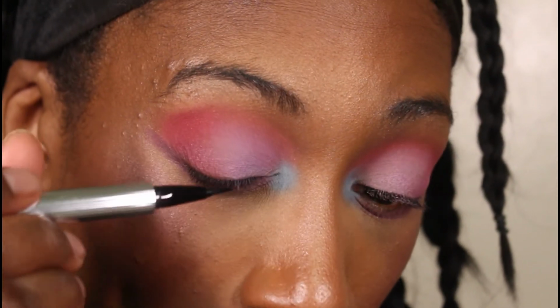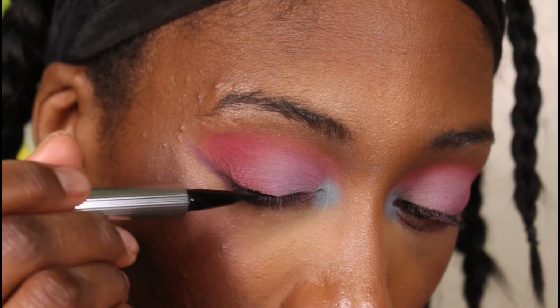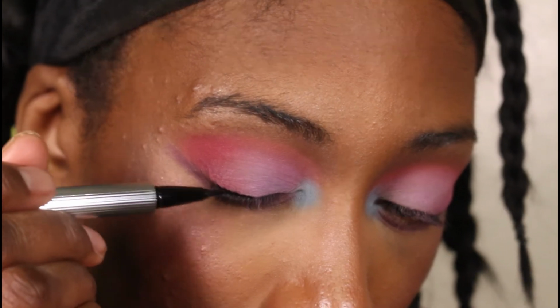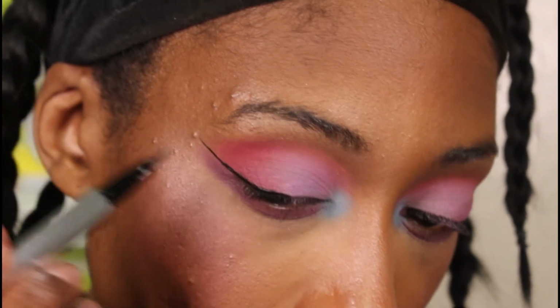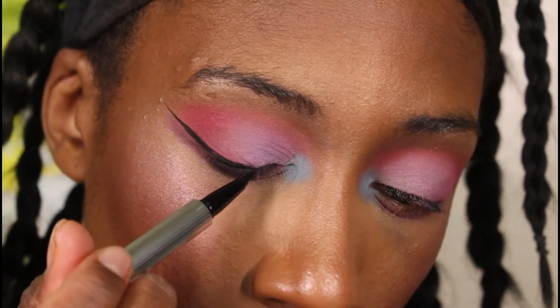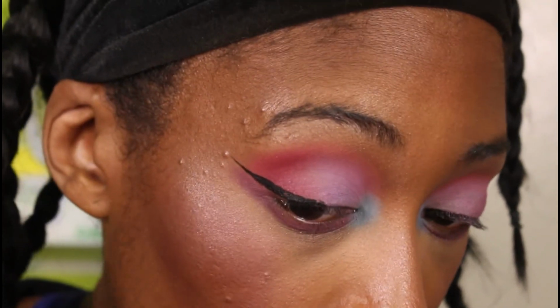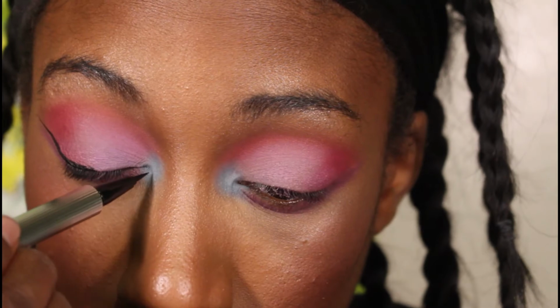Let's see how this goes, because I usually try to do eyeliner on camera. So I usually flick like that. And then start the edge and line back like so. Okay, that was pretty easy. I was nervous because it was a brush, but